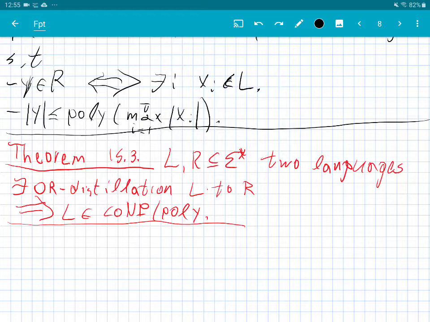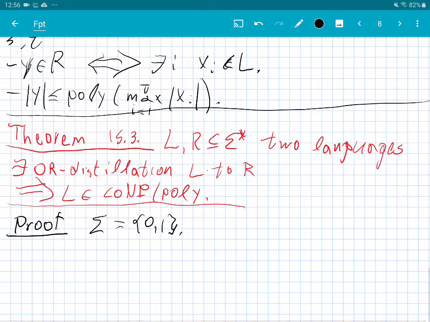What it essentially says is that having this OR compressor really means that the problem is almost efficiently computable. That's the way to interpret it. And the proof, let's start going into it. It's a bit subtle, but it's not too bad. So first I'm going to assume that the alphabet is just 0, 1. Why not? Just make things easy.